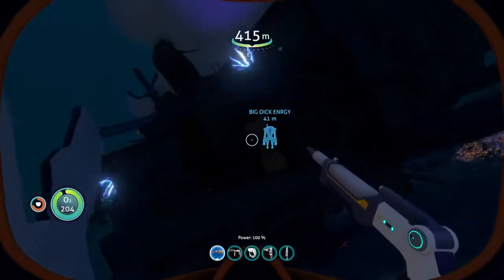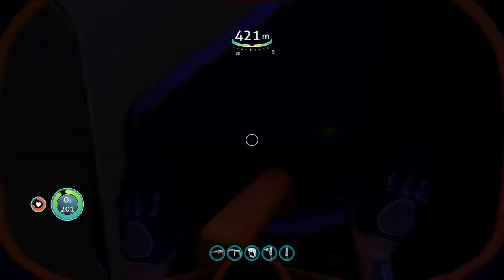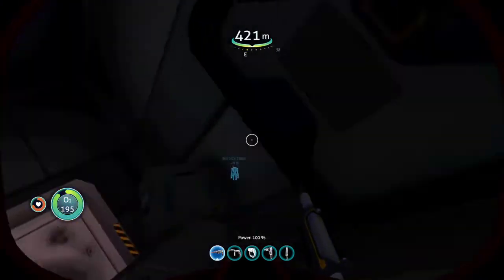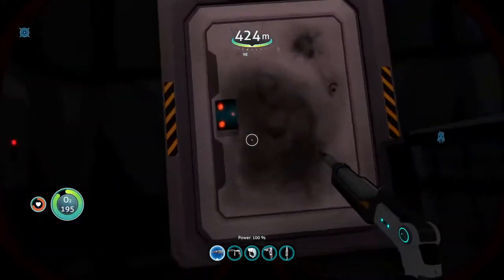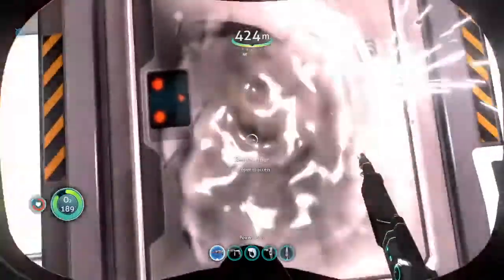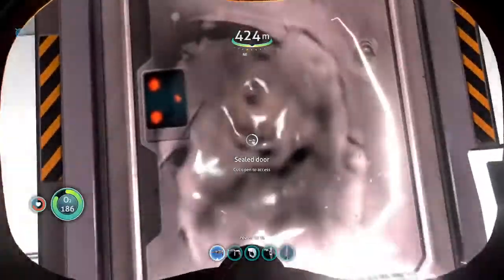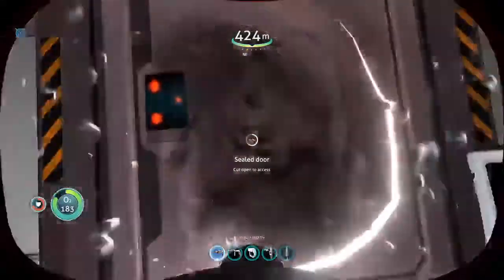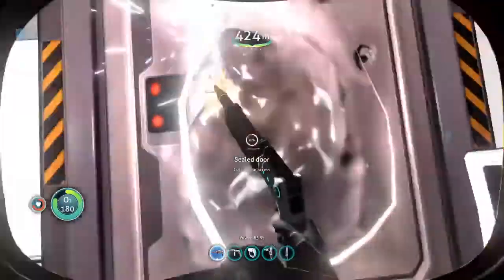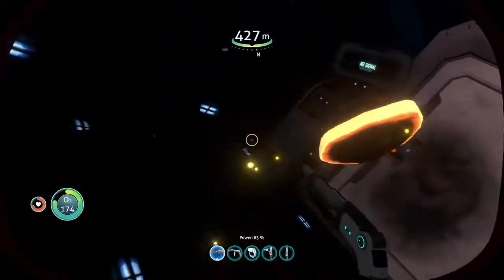So, should be this door? There we go. Cut this door open. You get to watch a boring cutscene, so to speak. This is like a mini guide at the same time. This is how to get the Cyclops